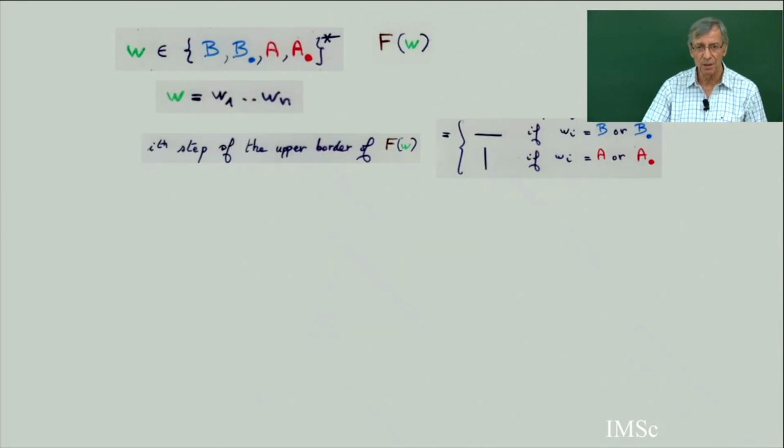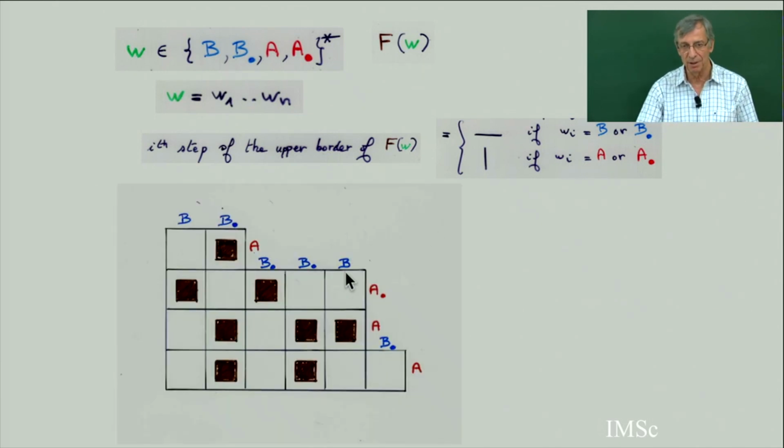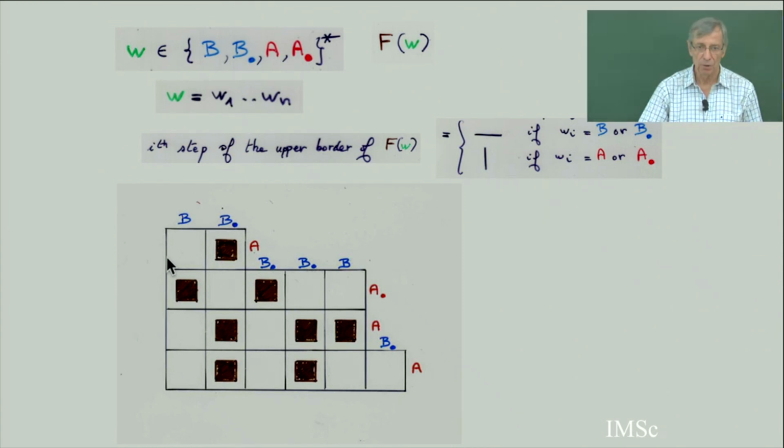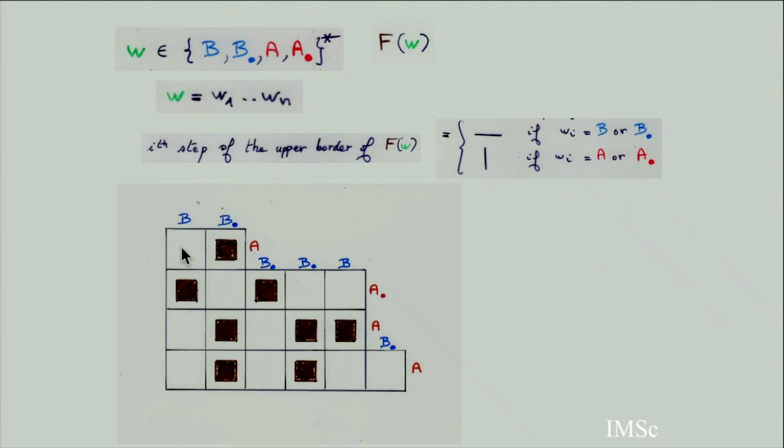So for such a configuration, if you give me any word W, you have a Ferrers diagram. Any word in these four letters gives a Ferrers diagram. You look at the word W1 to Wn, and you put an east or south step according to whether Wi is a B or a B dot, or a vertical step if it is an A or an A dot. And here is a possible configuration for a Q-tableau. You label the cell with only two possible colors. If you give me the letters on the northeast border, then I can completely reconstruct the complete Q-tableau.